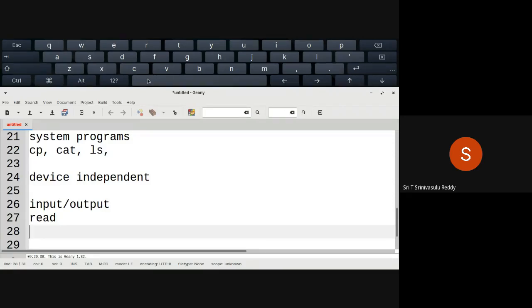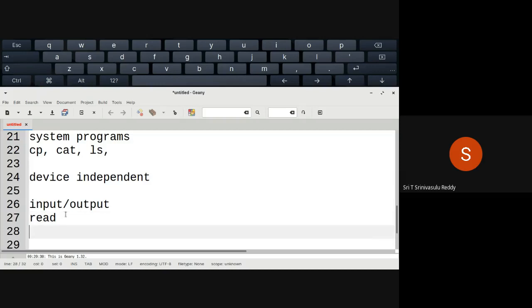There will be only a very minimal fixed set of system calls, using which you read or write data onto input-output devices. By specifying the device name, the operating system understands, because you are supplying the device name or the file name.